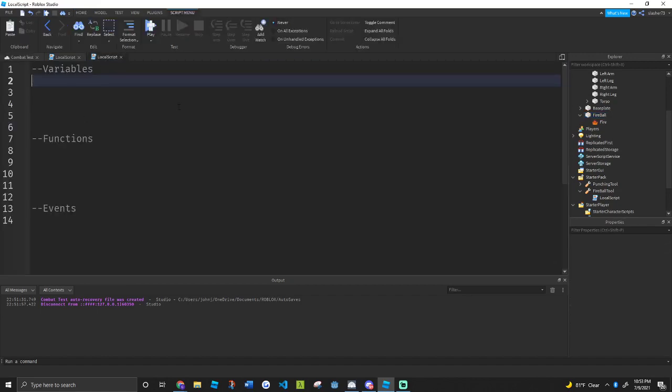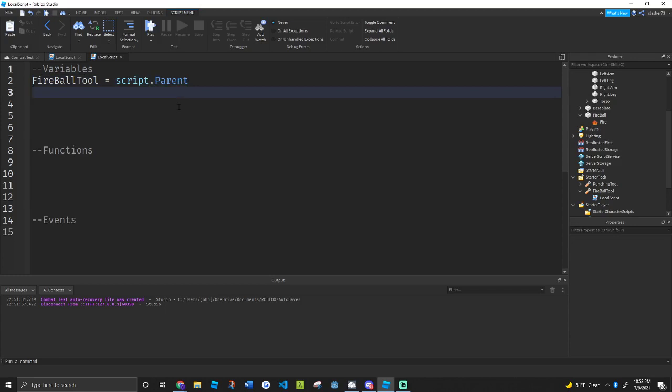So first I'm gonna say fireball tool. It's gonna equal script.Parent, and then fireball is gonna equal game.Workspace.Fireball. So now we have both of these. So now what we want to do